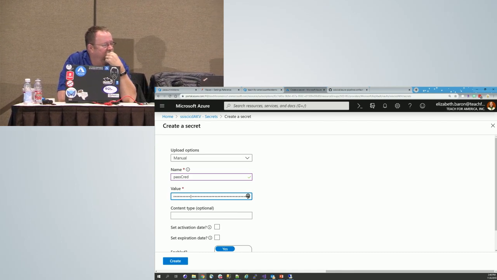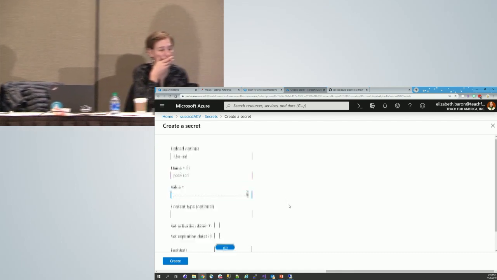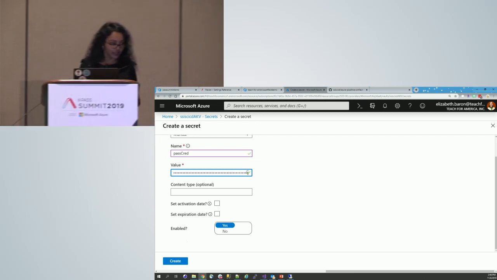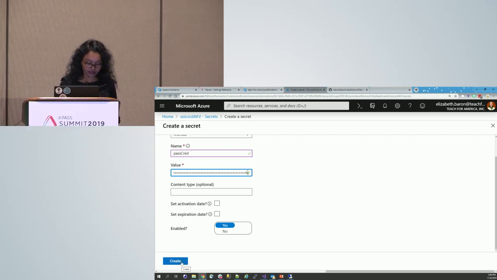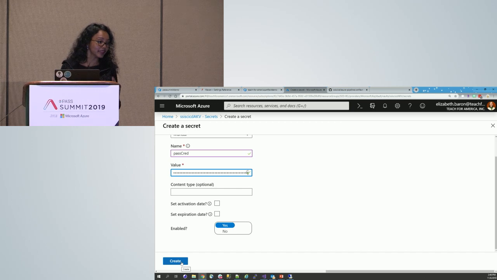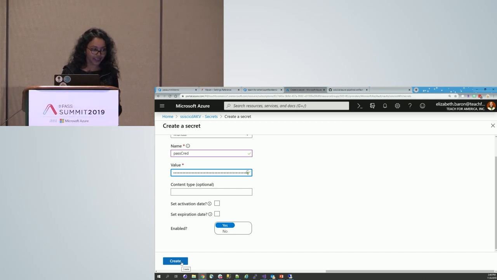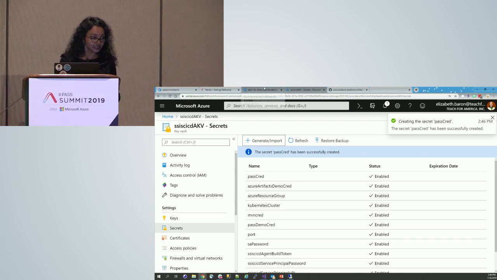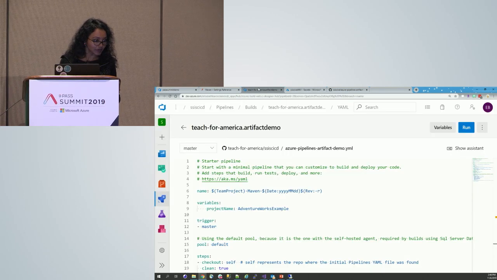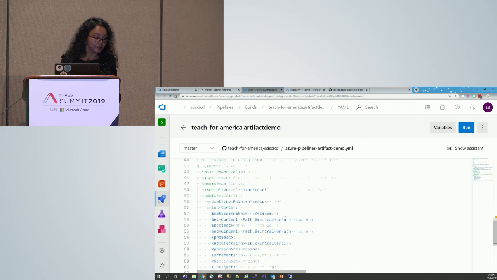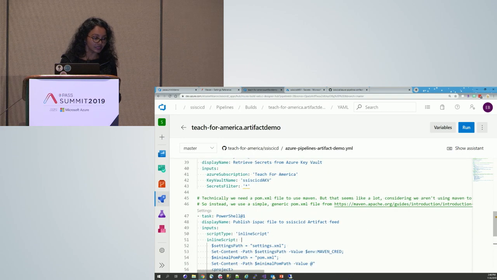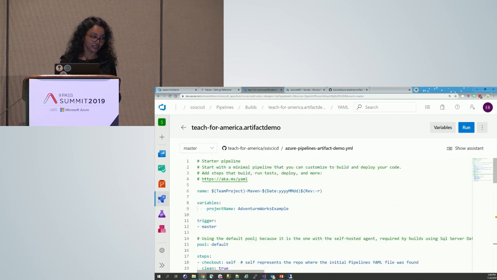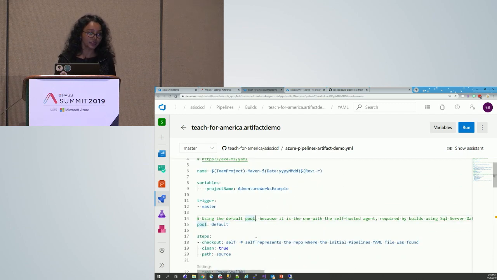Okay, so here I'm going to paste the whole XML and click create. The name of my key is passcred. Please remember that, and let's go back to the pipeline. This is the pipeline, and here in these steps is where I'm deploying to Maven. And let me go through quickly what this pipeline is set up to do.